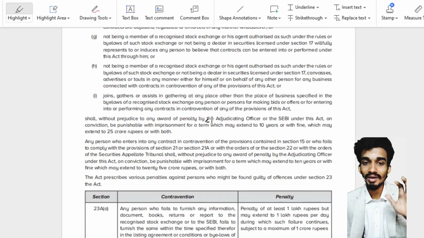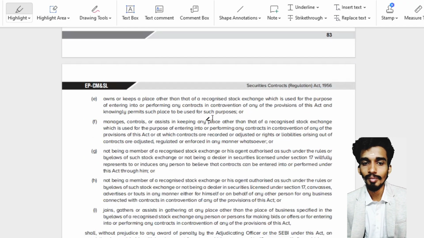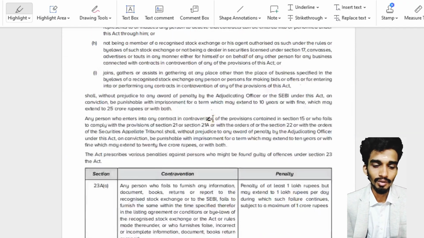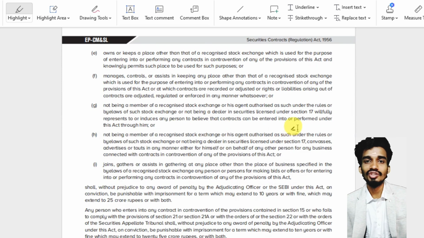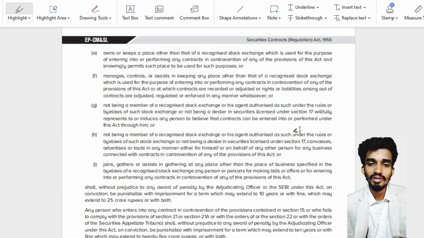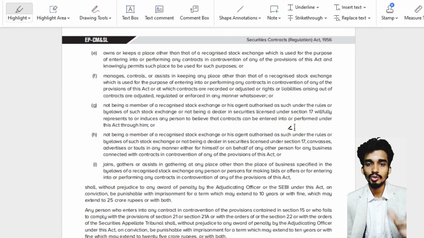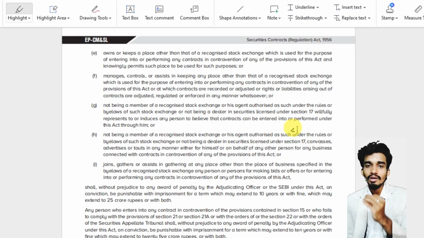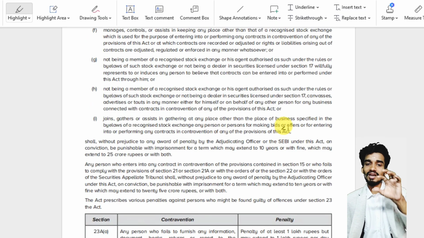What is the hack? The main general penalty is 25 crores, or 10 years, or both. So 25 crores is the monetary penalty, or 10 years imprisonment, or both. This is your general penalty which you can quote